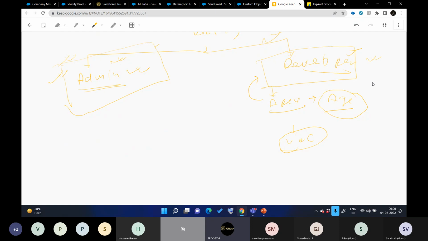What Velocity does is make it very soft coded. All those things that they are doing with the help of those button clicks, they make it API enabled. That means you can invoke those things outside also, but for that you need to create a platform that actually invokes those things. That platform supports Apex, LWC, and VF also, but there's no direct support for Aura. We'll discuss how Aura will fit in between, but yeah, there is no direct support.